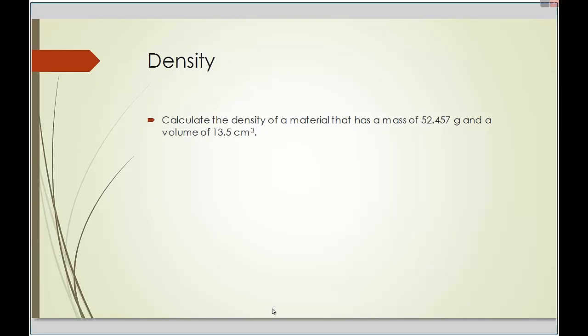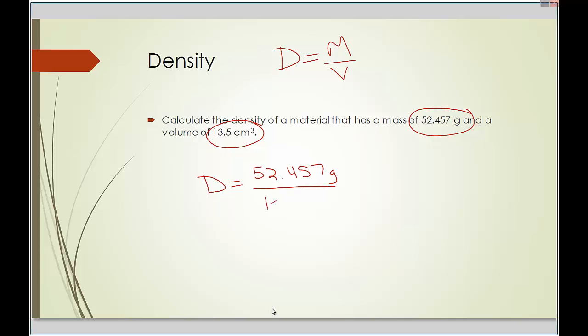Okay, so with density, the equation for density is mass over volume. So if we calculate the density of a material that has a mass of 52.457 grams and a volume of 13.5 centimeters cubed, we can figure out the density by plugging it into this equation. So density is equal to 52.457 grams over 13.5 centimeters cubed. We divide that out and it comes out to be 3.8857